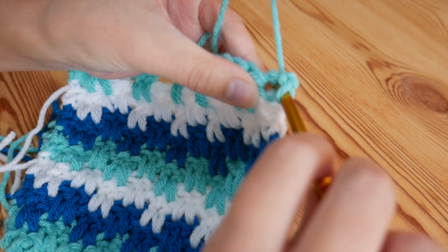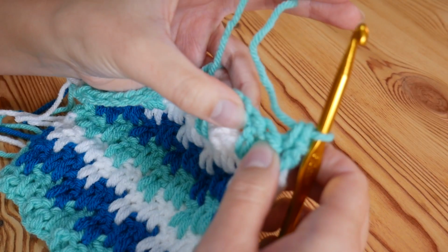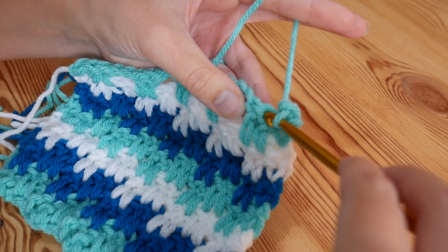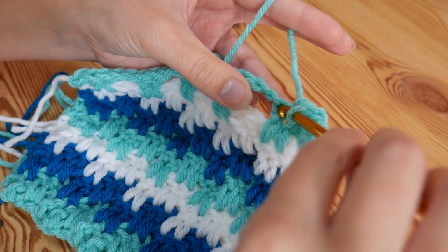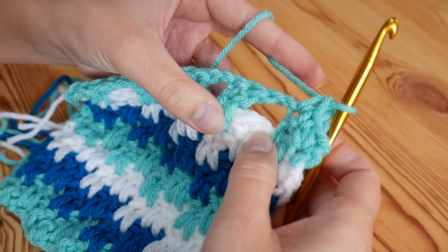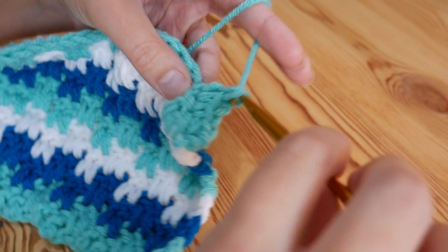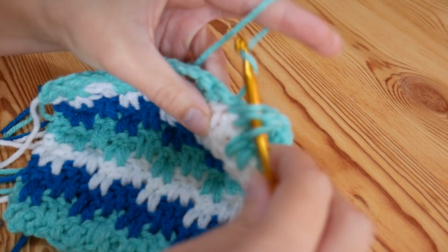So I've done my chain 1 and I've turned, and I'm going to do my double into the base of that stitch as normal. Now we're going to be doing doubles into the top of the next 2 trebles, so remember that's UK double, US single. So we're going to go into the top of this treble here and do a double, and the top of the next treble and do a double, and then we're going to jump down and do our 2 trebles as normal into the tops of those stitches. It's 1 and 2,